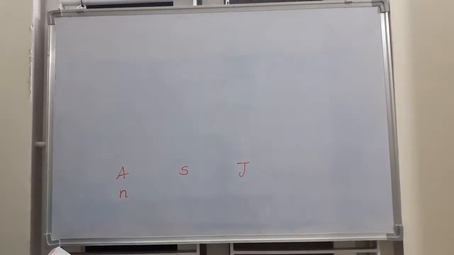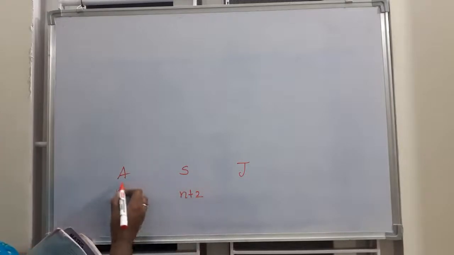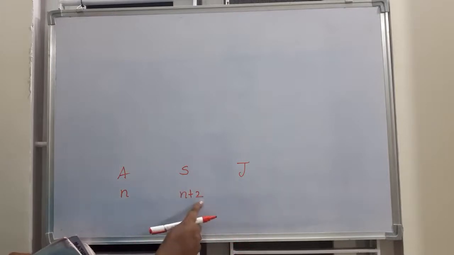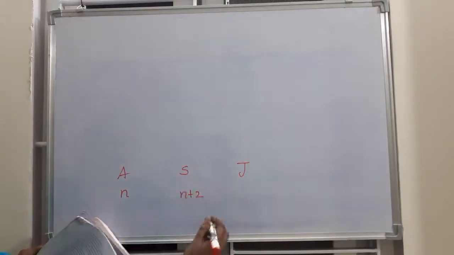Now next is Sanju. Sanju is 2 questions ahead. Ahead means in front of him, more than him. So Sanju is n plus 2. From this fellow, if suppose he is in the 5th question, Sanju is 2 questions more, meaning the 7th question. If he is in the 10th question, Sanju will be in the 12th. If he is in the 11th, then 13, like that. Okay? Next. Sanju is 2 questions ahead of him and 5 questions behind Jacob. Means what? Jacob is still 5 questions more than Sanju. You understood?